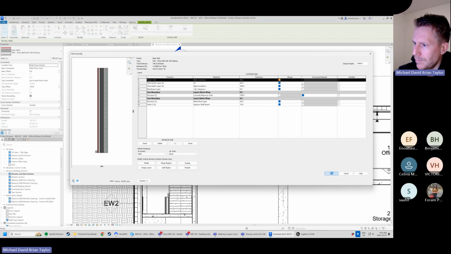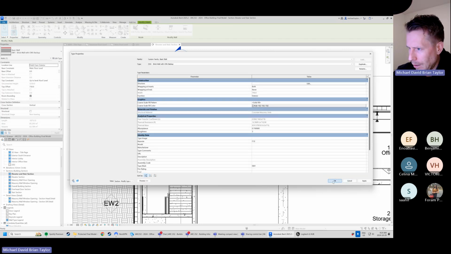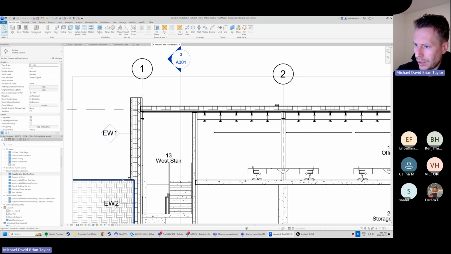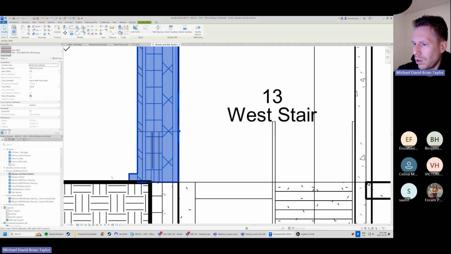So if I hit OK again, we're deep in the menus here, right? You can see what's happened is every single wall type now has this wall sweep, and the location is at 0, so it's 0 level. If I jump to 3D,